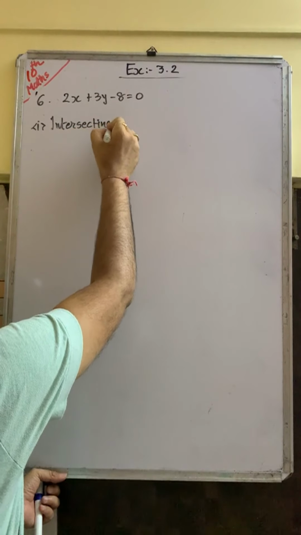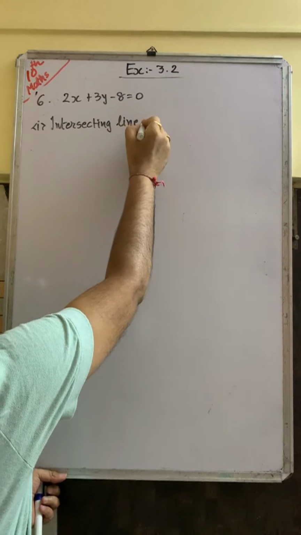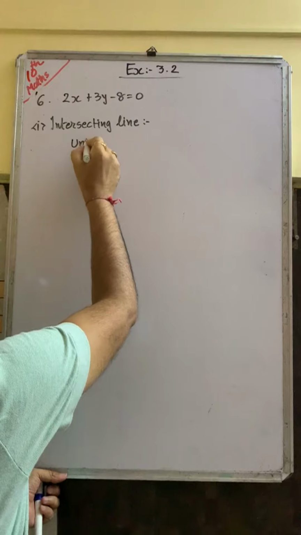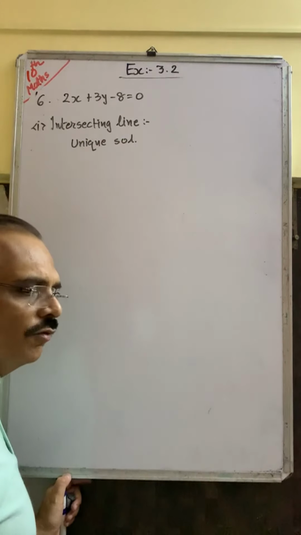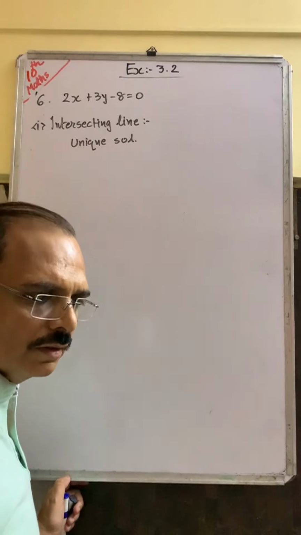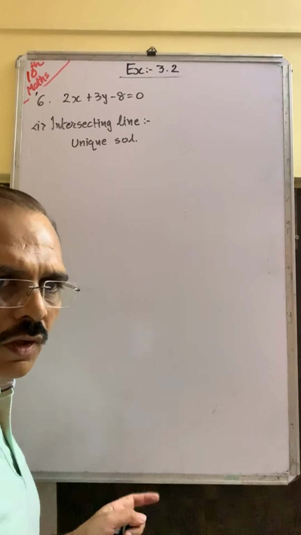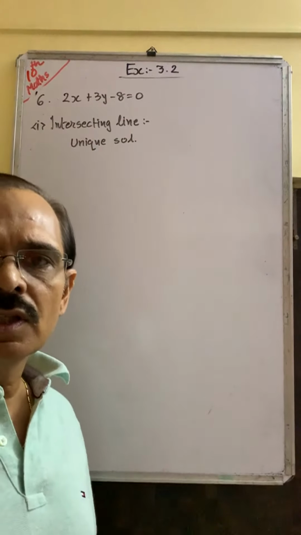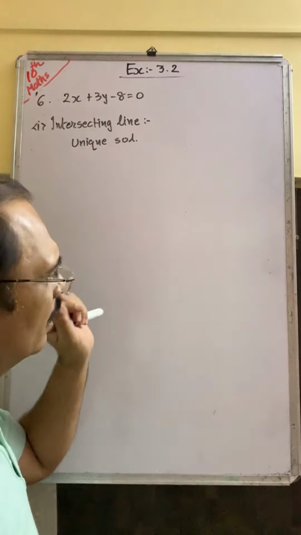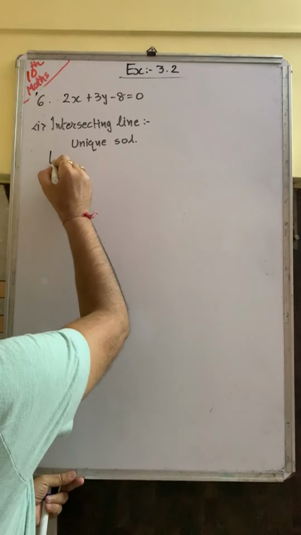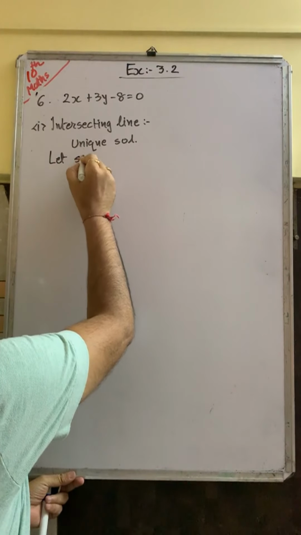Intersecting lines. Now remember, intersecting lines mean a unique solution. The unique solution rule is: a1 upon a2 is not equal to b1 upon b2, which is not equal to c1 upon c2. Now you have to write the second equation. Let the second equation be